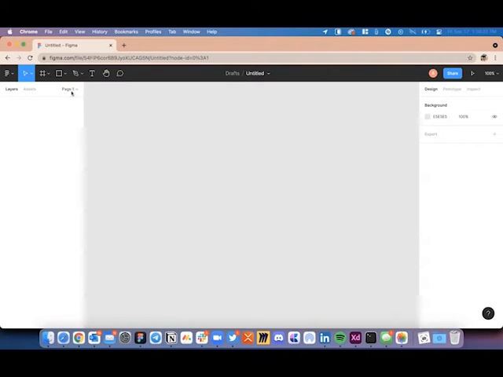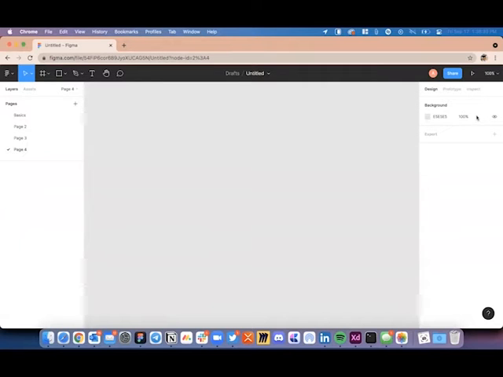And here you will see that Figma has created a page for us, which they have named as page 1 by default. When you click on it, it opens the page panel for you on the left side. You can double click on the page name to rename it to whatever you want. You can create a new page by clicking on the plus icon, and you can rearrange a page by dragging and dropping it to whatever position you want.